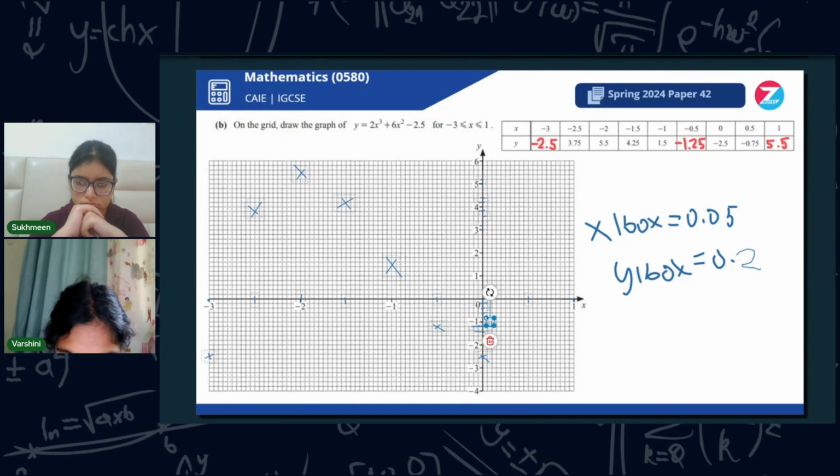Hold on. Yeah, this is minus 0.8. So it's going to be closer to minus 0.8, but you can put it slightly above minus 0.8 to show that it's not exactly at 0, if you're able to do it. But if you're out of time or in a rush, just put it at minus 0.8. Okay. And lastly, for 1, the coordinate is going to be 5.5, and that's all the way on the y-axis